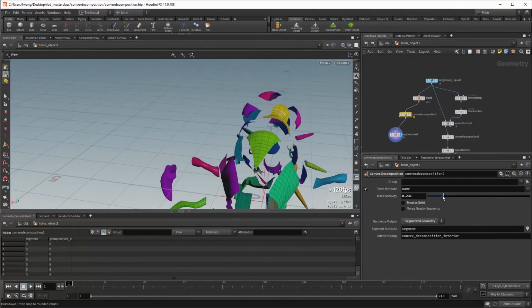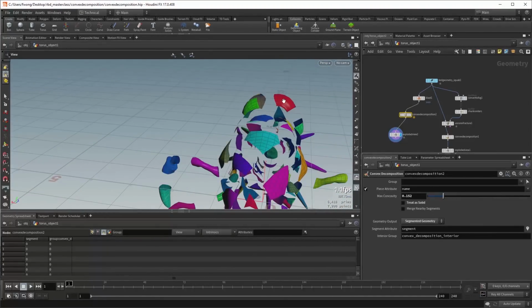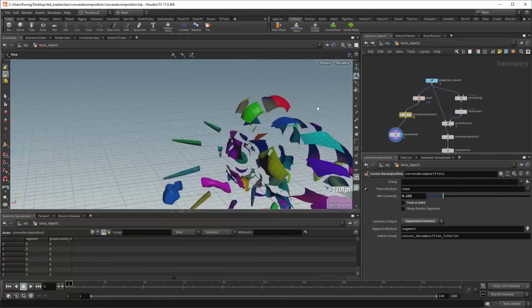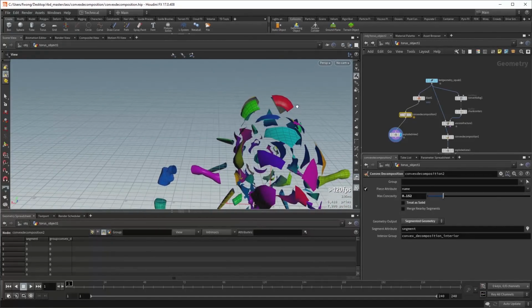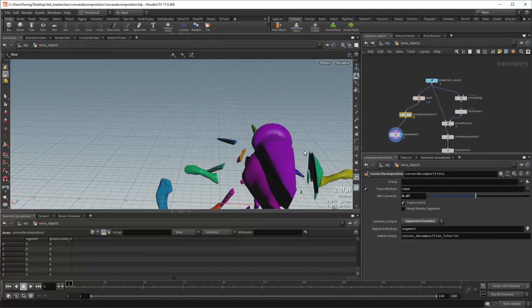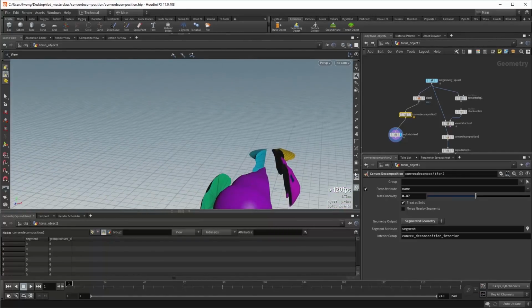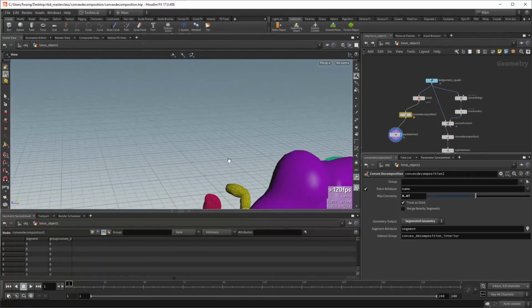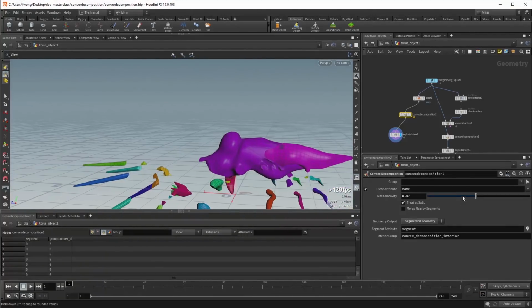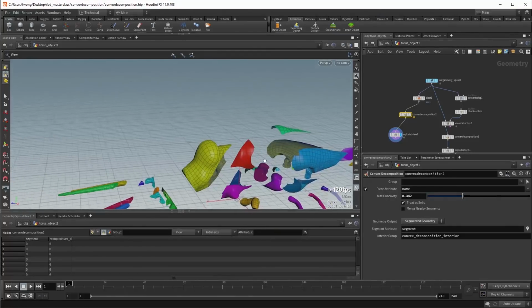So it keeps trying to decompose further until these little shells here are close enough to being convex. But what I might want to do is have the option to ignore any small holes in the geometry. And so that's what this option will do. It implicitly does a polycap on any holes in the geometry. So if I turn that on, we'll see that it basically behaved as though the hole wasn't really there. And so we're still filling in the interior surface, and it's not trying to further decompose any of these solid